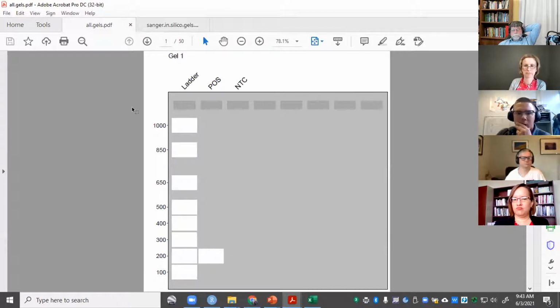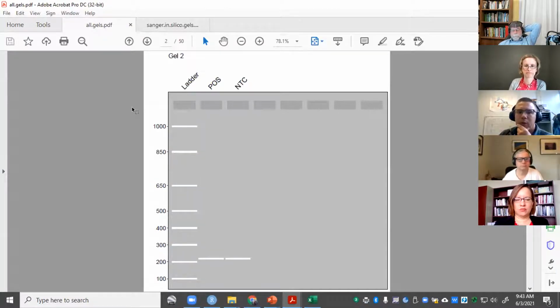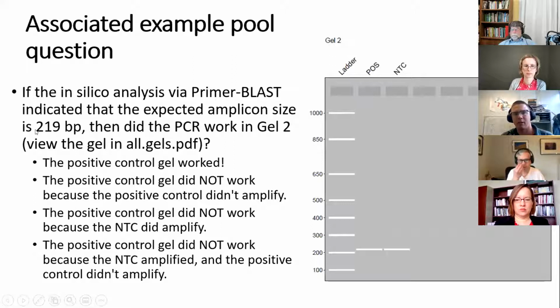Yes. So, this one would be a gel that did not work. There is no ladder, there is no band in the positive control, there is nothing in the NTC. This is one that could have worked, but it depends on, if I go back, the other key piece of information is